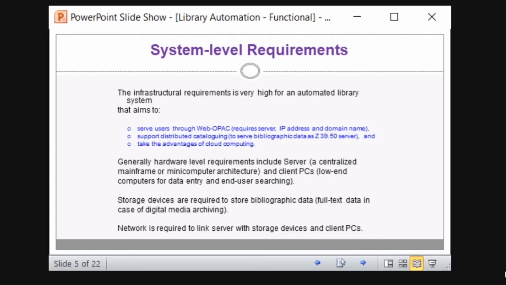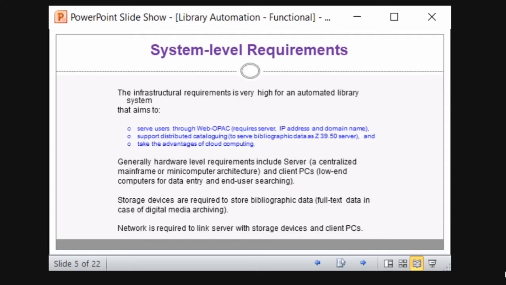Similarly, the clients will be using it online. So no one will sit in the server system, only the client system. Whatever system you are providing for WPAC, the client will just type the IP address. You will just type the address and keep the WPAC open, right? So this is the concept of server and clients.